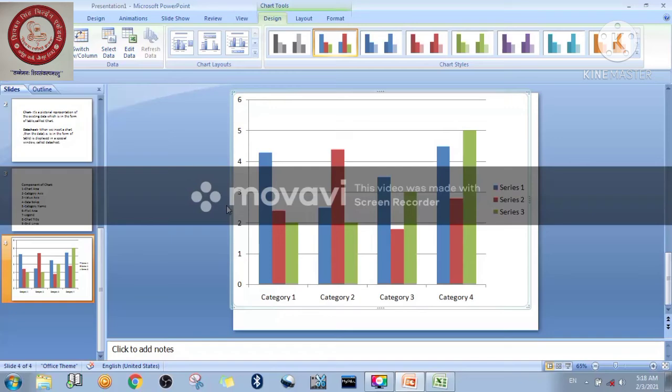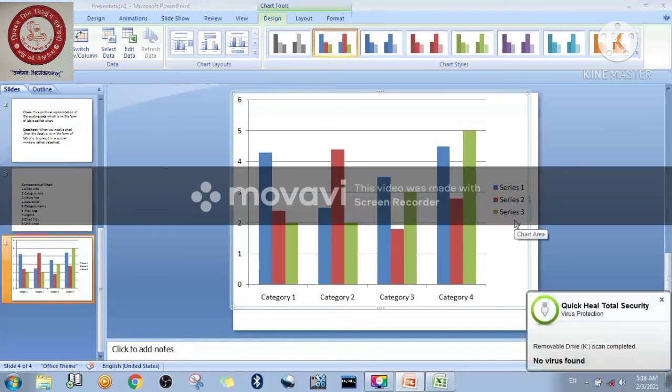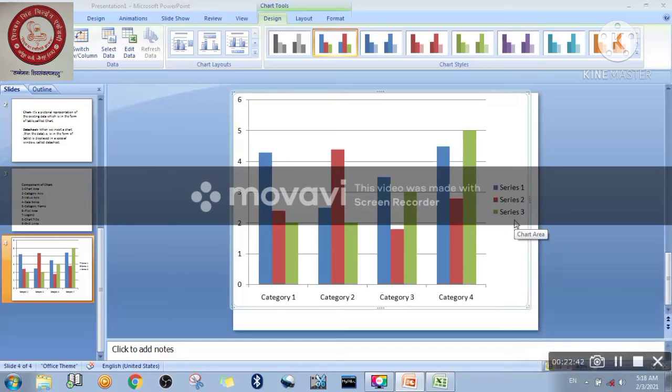Now let's talk about what legends are. Whatever color or special symbols you are choosing, the data series is going to be depicted with the help of those special symbols.